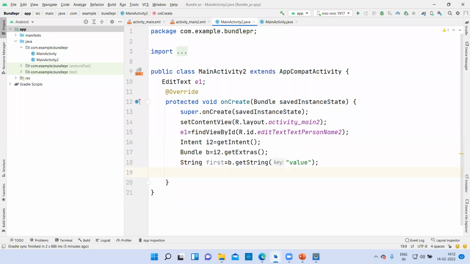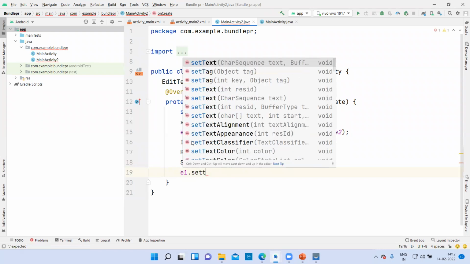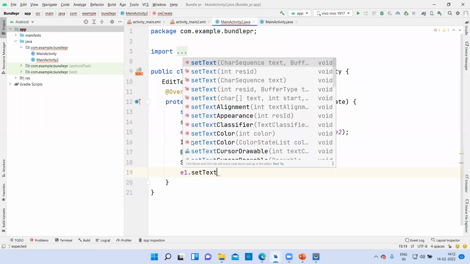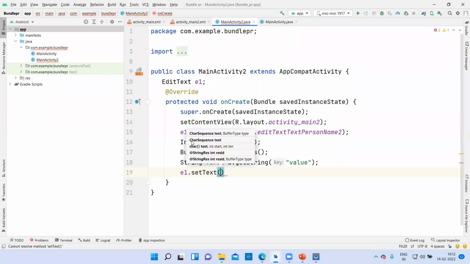Corresponding to that, you will fetch the result. E1 dot setText, and you will pass the first variable because you have fetched the values into the first string. That's it. It is over.